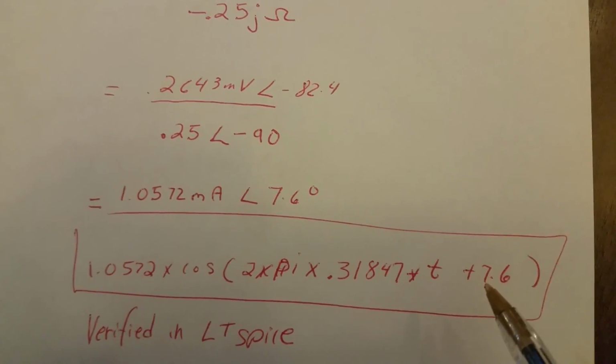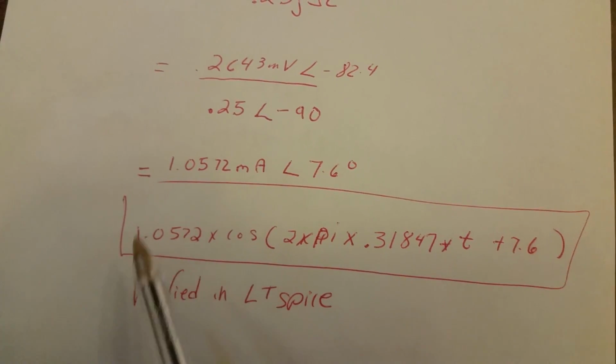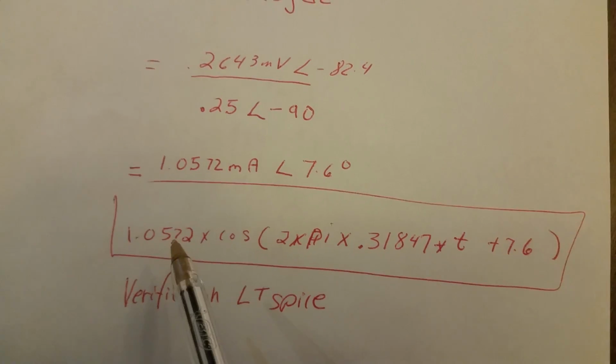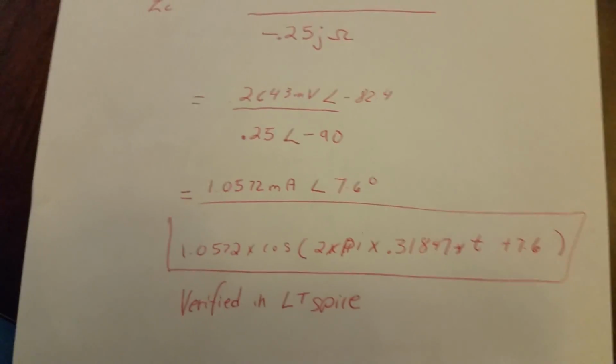And I verified this in LTspice, and at first, yeah, it was shocking, because this current magnitude is greater than the current of the supply. How is this possible? Well,